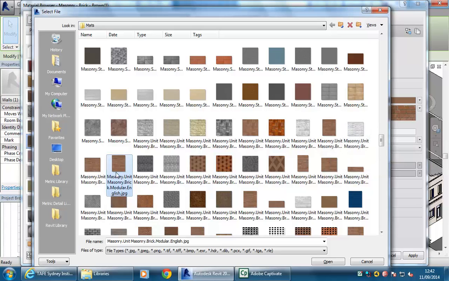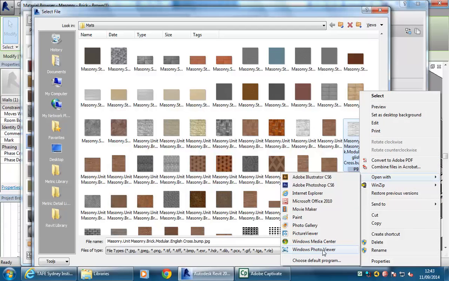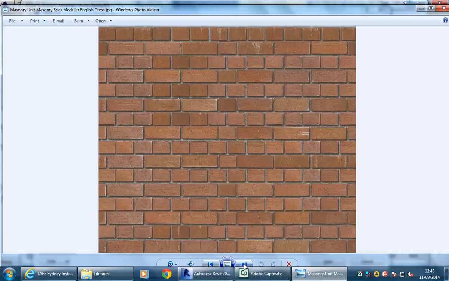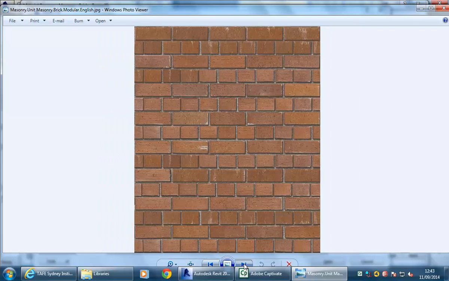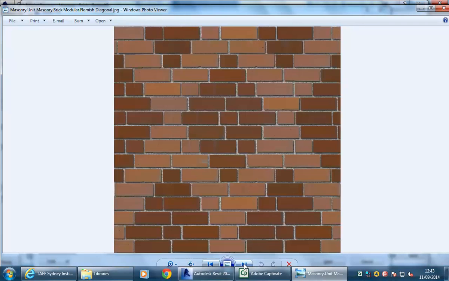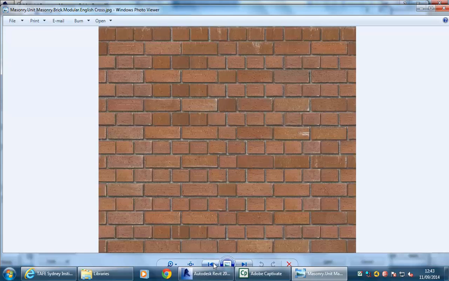Okay, so you can see these are all JPEG files, so the more you work with these, the easier it'll be to create your own textures. So first I'll just right click and open with Photo Viewer. And actually that looks pretty right. Let's go to the next. That's the English cross, that's the English modular. Yep, so I'm going to go back. The English modular is close enough to the English cross that I'm going to use it instead,